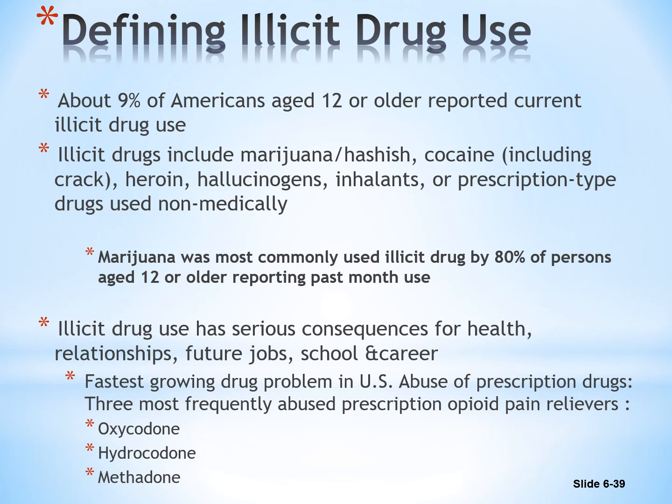Also cocaine use, etc. But marijuana is the most commonly used illicit drug by people who are 12 years old and older. We also have an abuse of oxycodone, hydrocodone, and methadone as well. So just be aware, people that are actually taking methadone to help with substance abuse can also be abusing those drugs.